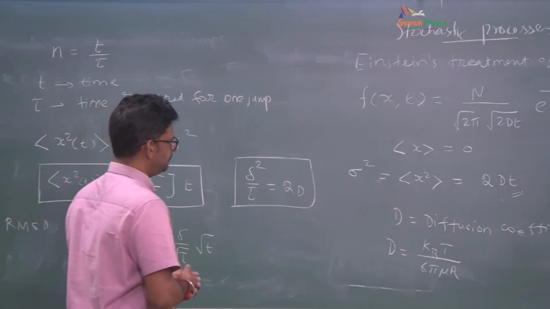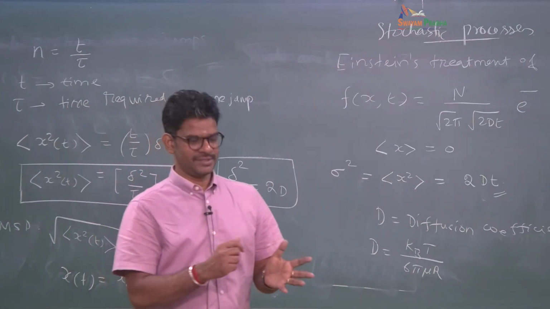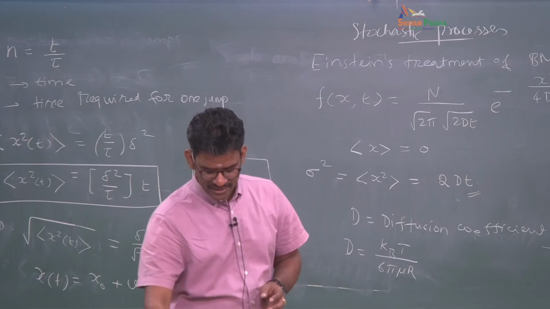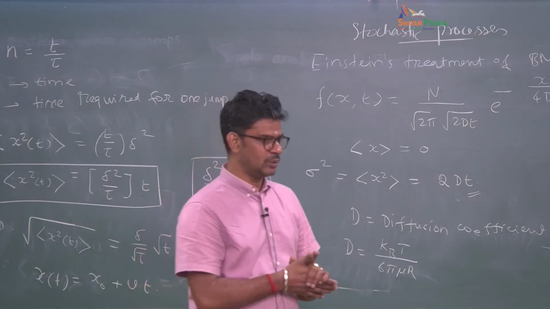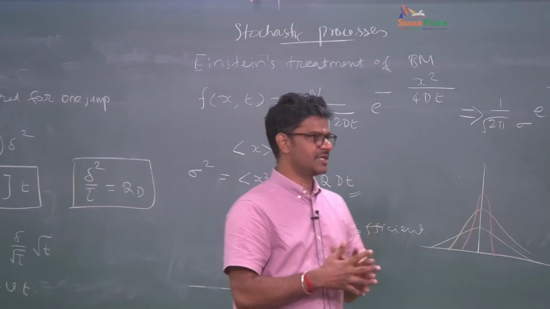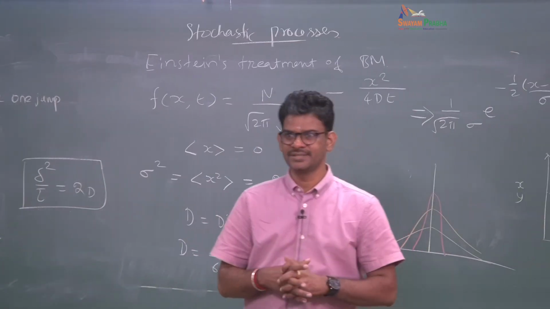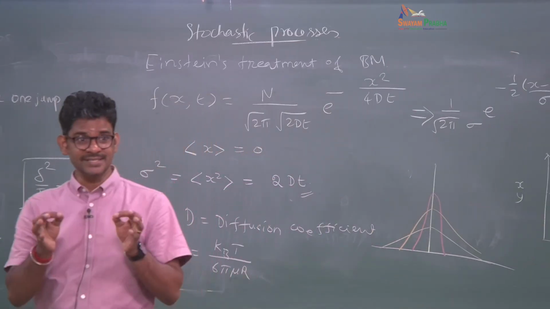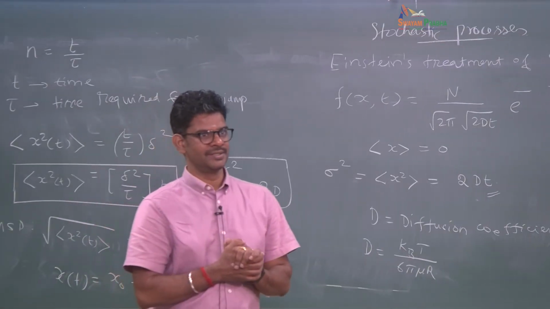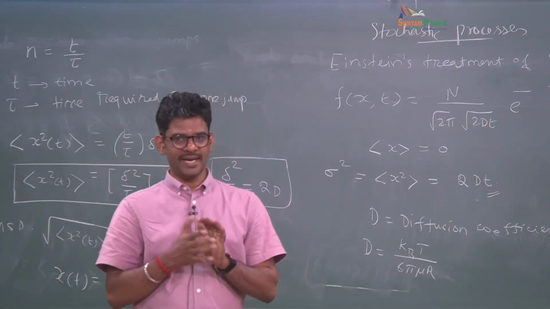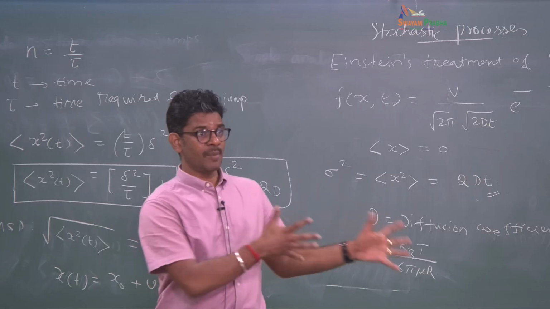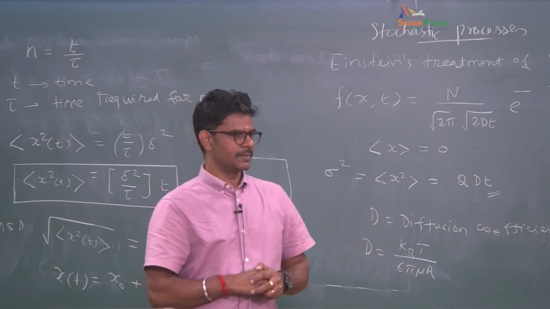So I hope you appreciate this new thing that we understand here, that the dynamics of a Brownian motion is very slow, where it is coming from, and in what scenario this exists. These are all very important. That size is very important. Micron scale is very important. In that length scale, Brownian diffusion is the dominant mechanism.